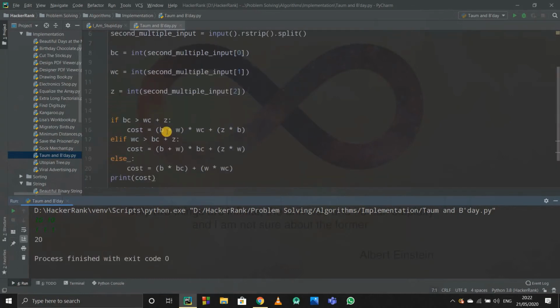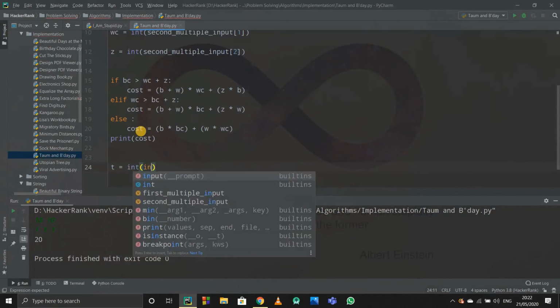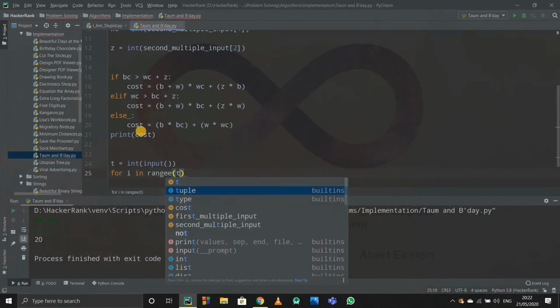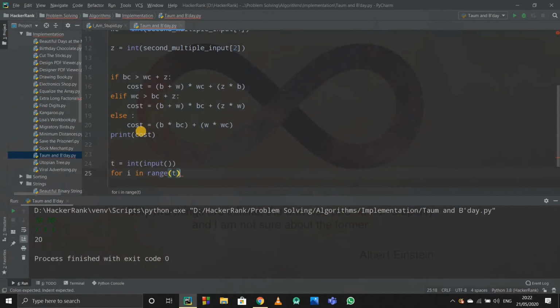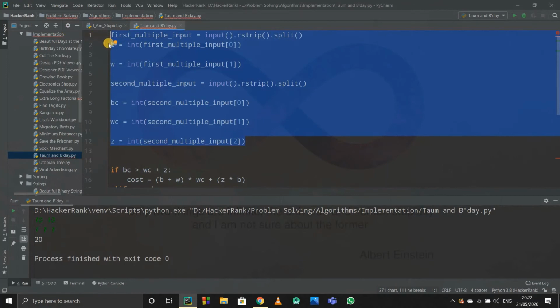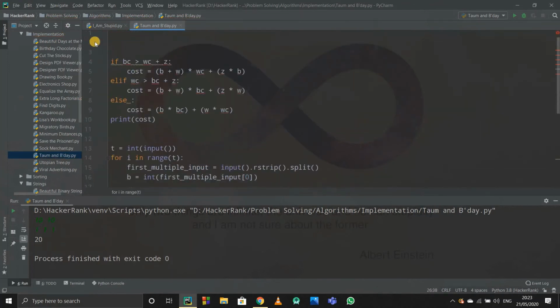Okay, right. Now I just have to convert it into a function. For converting it into a function, suppose we use a for loop. We'll see all the above code afterwards. So first of all we have to take t as our number of test cases. So t will be the input, and then I'll use a for loop. For i in range t, of course, and after that I just have to use the function, right? I just have to take all the inputs. So I'll copy all the inputs and paste them here. Okay, I took all the inputs and I have to define a function, right?